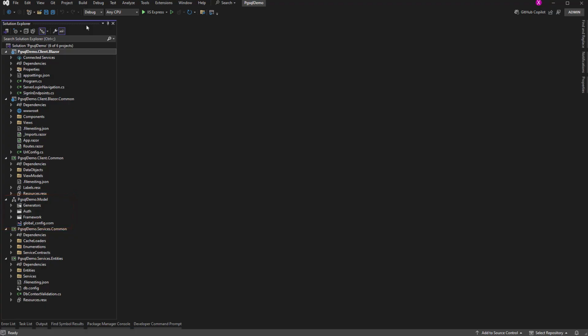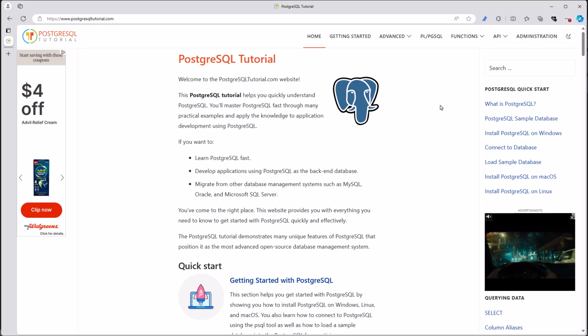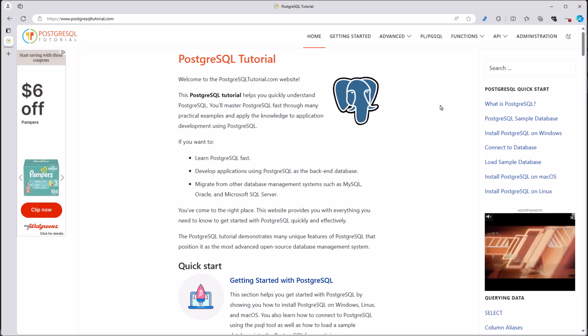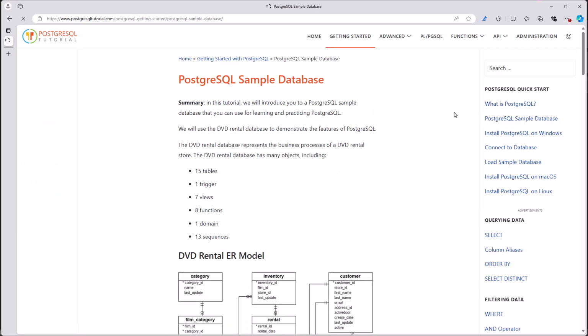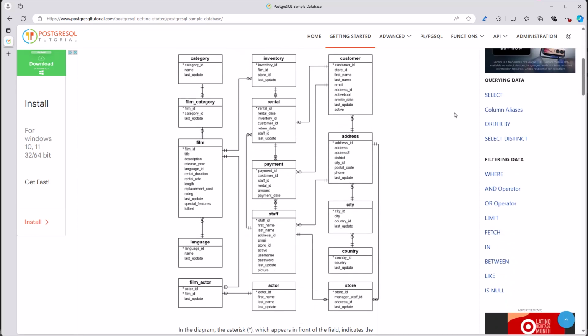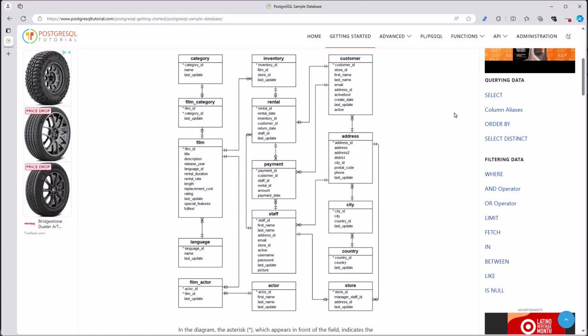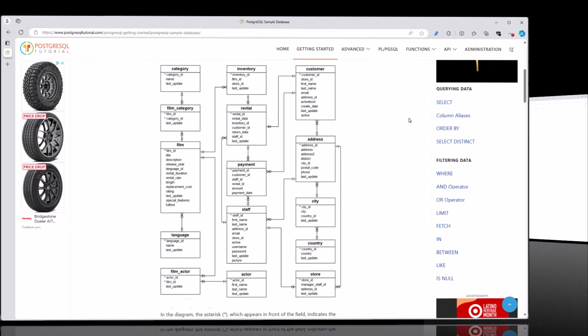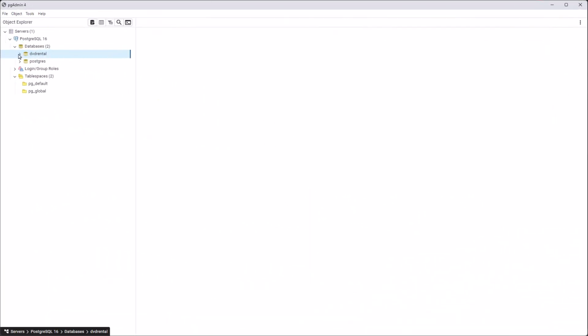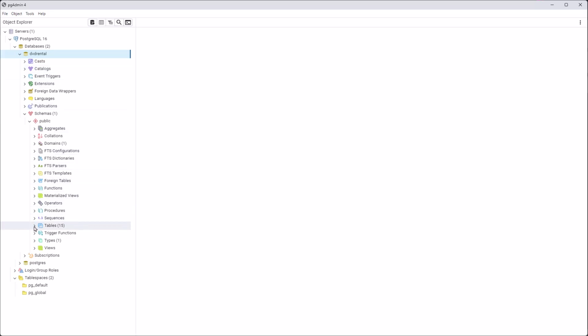As I mentioned before, we're going to build our application from an existing PostgreSQL database. For this demo, I went to the popular website PostgreSQL Tutorial and used their sample database for DVD rentals. It has a decent number of related tables, such as customer or film, and also includes some features specific to PostgreSQL. I imported the sample DVD rental database to my local PostgreSQL instance, and we can use the pgAdmin tool to browse and manage this database.